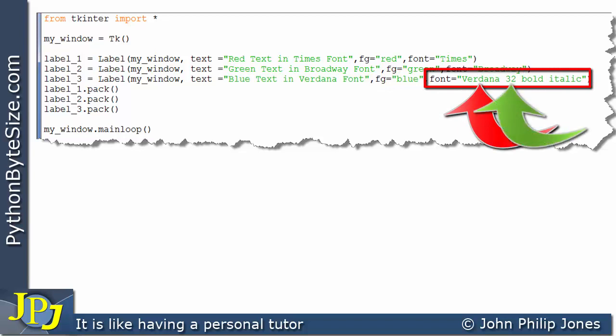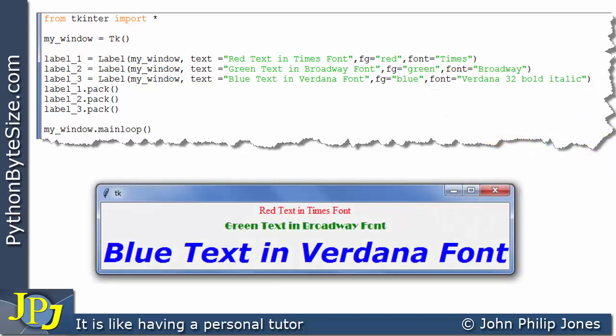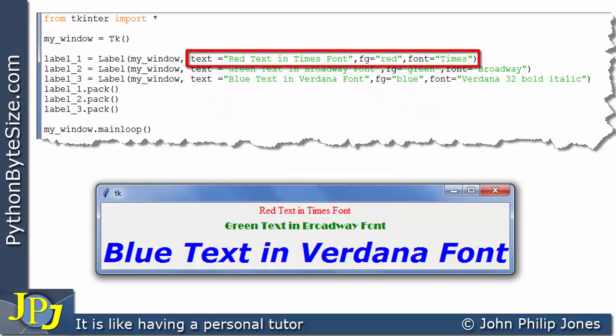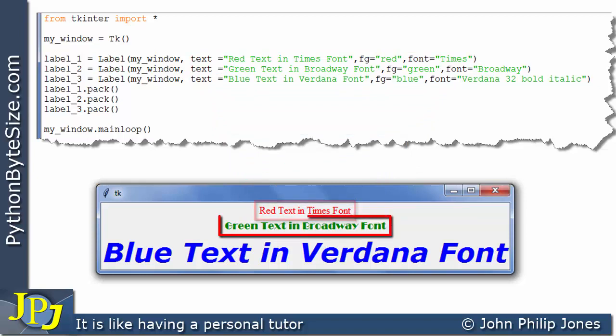Size 32, it's going to be bold and it's going to be italic. So when we run this program, we should see this. We can see that the first label is saying red text in Times font. So we can see all of these parameters here set up the text to look like this. This here is saying green text in Broadway font, and the look of the text displayed in the label has